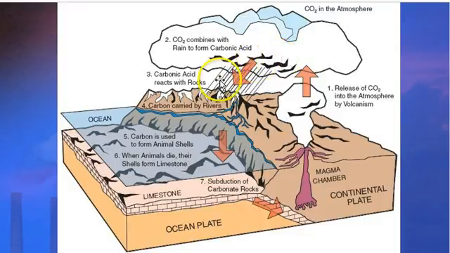So as that rain rains down, there are going to be certain rocks that are going to be prone to reacting with that weak acid. So things like limestone. And then that acid is going to weather the rock. It's going to break it down. And the sediments are going to be carried down the rivers. So that would include the carbon at that point. And that also includes the rock itself, the little bits of the rock. And it winds up in the ocean.